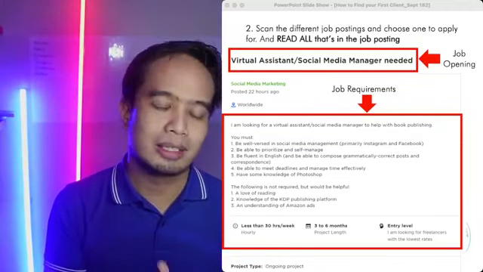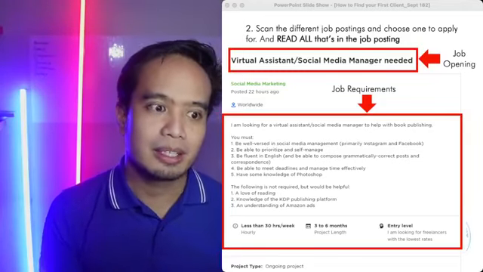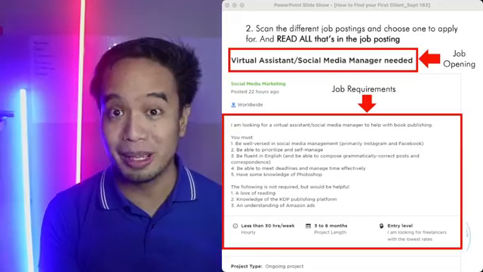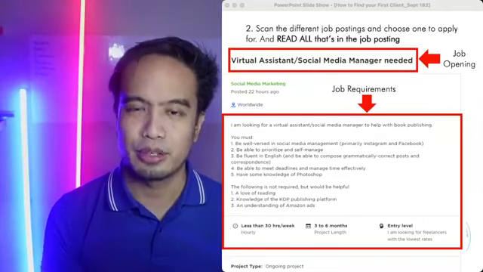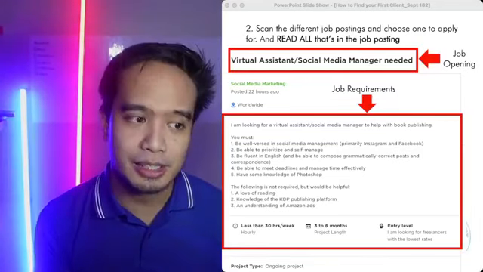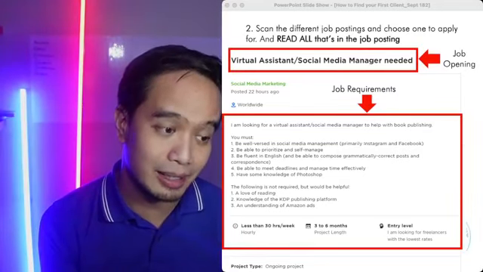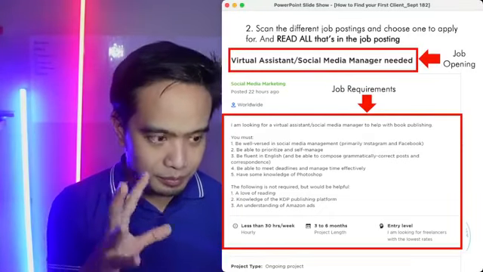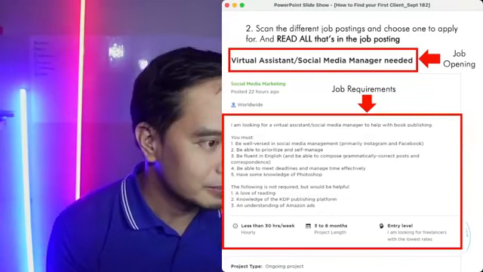Di ba? Sabi ko kanina, take it seriously. Take each job that you apply for seriously. Even if you just apply for one job every day, or let's say 3, usually yung advice namin 3, but even if you apply to 1, tapos you take it seriously, you have a much higher chance of getting hired kaysa you apply for 10 jobs. Okay? So yun. May tips na kayo, ah.